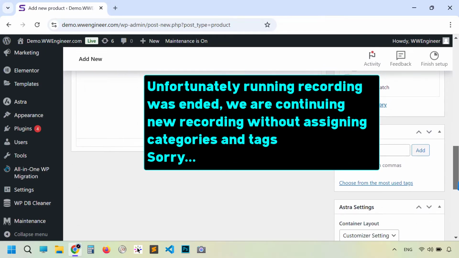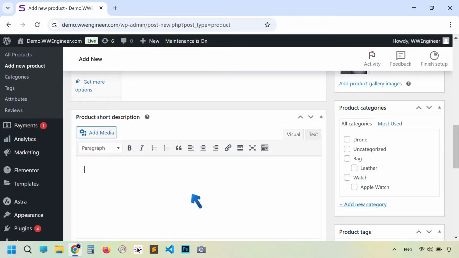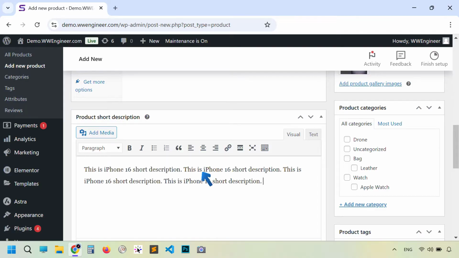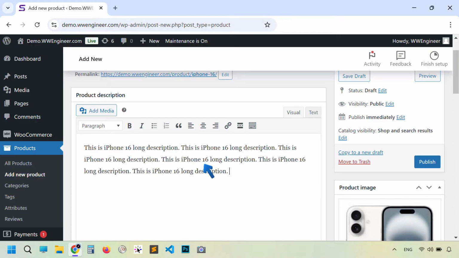And we have to put in some information. All the information, description, price, etc., I'm going to put in during this video. That is just for tutorial purposes to show you the procedure actually. Hope you're not going to compare it with real life. So copy and paste it a few times. Now the same thing I'm going to put here, just change it to long, and again copy and paste it multiple times.